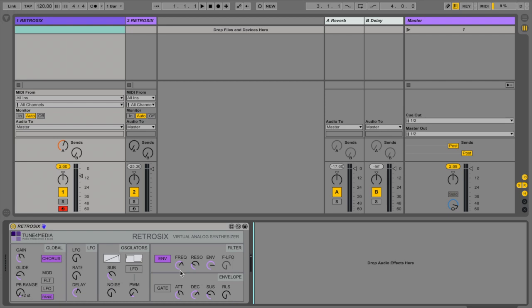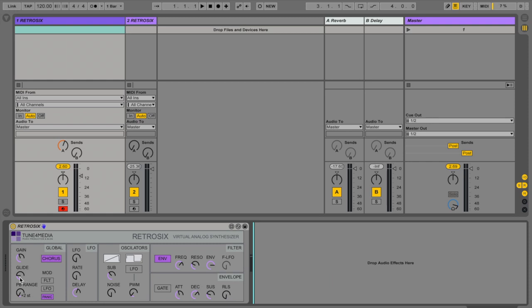So as you can see, it's a pretty straightforward synthesizer. In fact, the entire philosophy behind it is that simple is beautiful. It's not one of those highly sophisticated synthesizers, but quite the opposite. It has one LFO to control any of the LFO actions. It has one filter, and it has kind of a dual envelope. I'll explain later why. So we have this global section, and as you can see, you have the gain, and